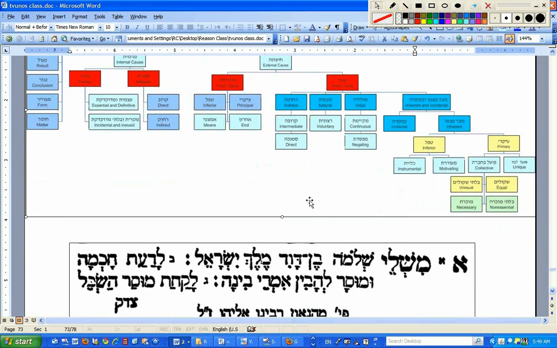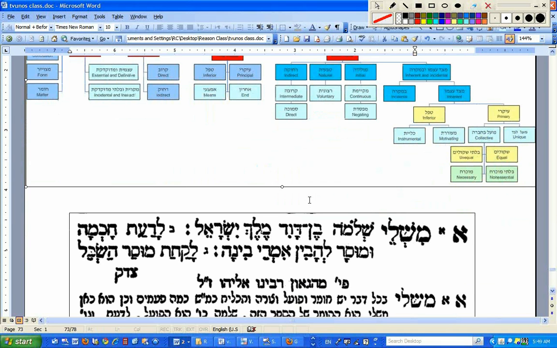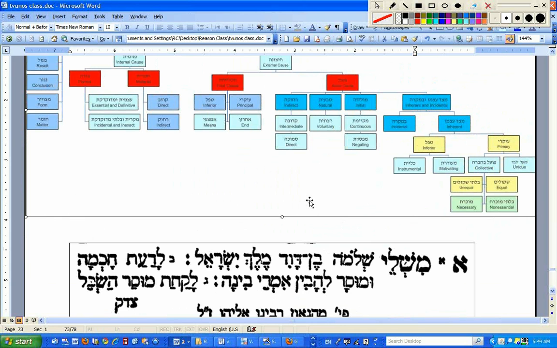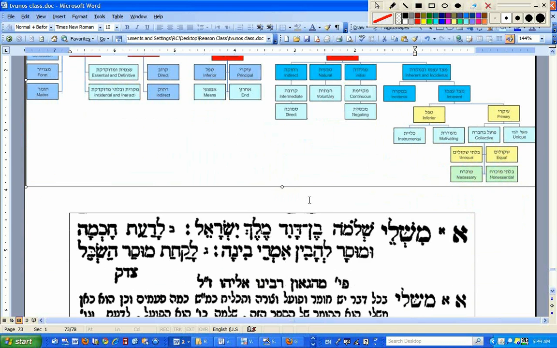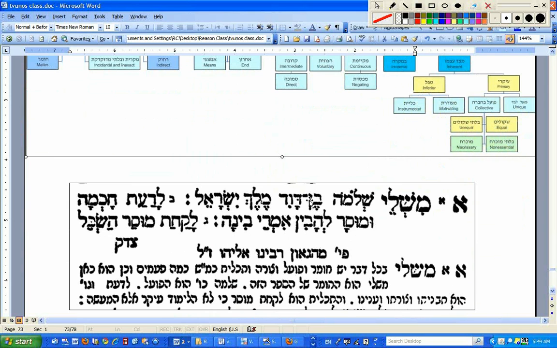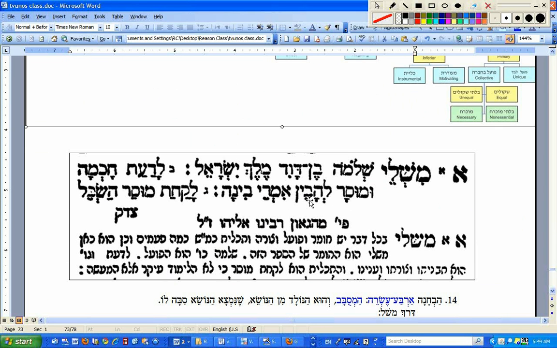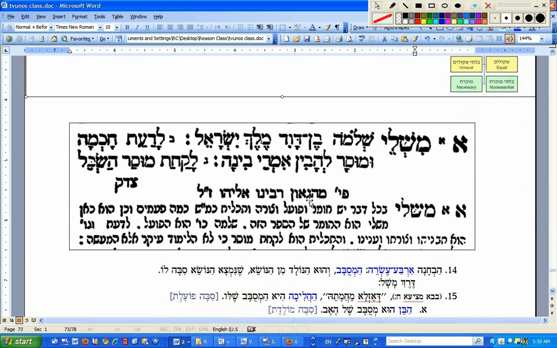Yes, someone would say something? Yeah, I was going to say it's like a whole new way of thinking of things, and it's going to take some time for it to sink in, because we're not used to looking at things and breaking it down in this way. Right. Now I want to show you that this is not something that we don't do.